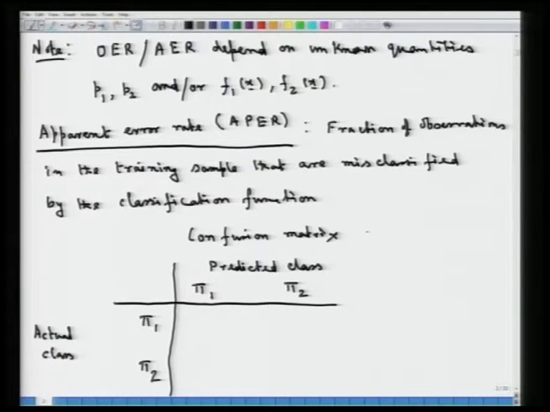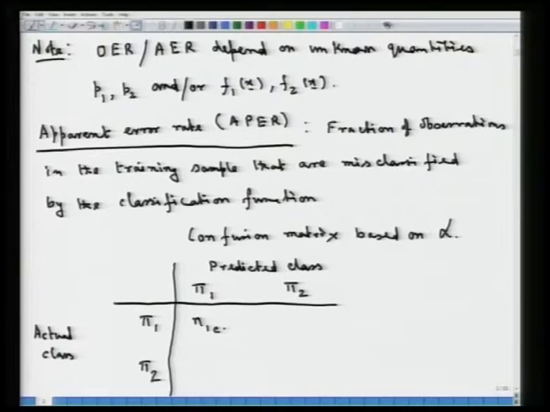Now, this confusion matrix is based on the learning sample, that is script L, right. Now, suppose in this learning sample these are pre-classified examples, and hence after we use the classification function based on the sample data, when we are going to now classify the feature vectors, we are going to come up with some predicted class memberships. Now, these predicted class memberships are going to lead us to these numbers, say this is N1C,